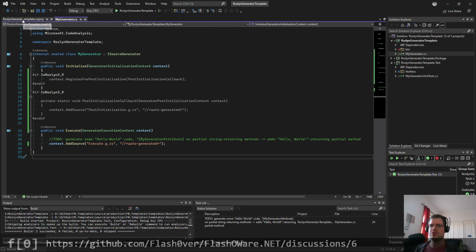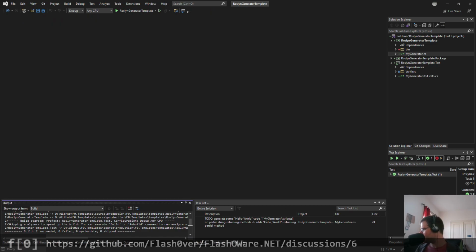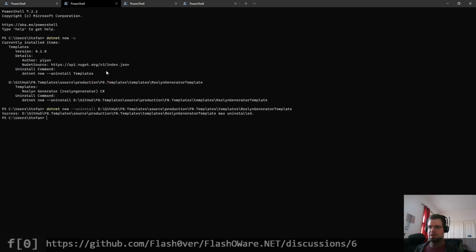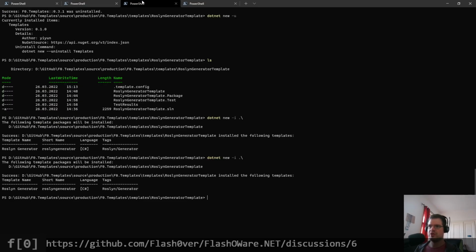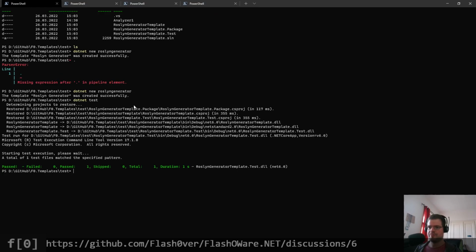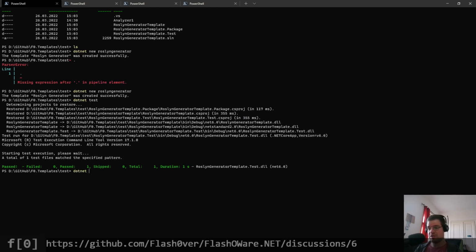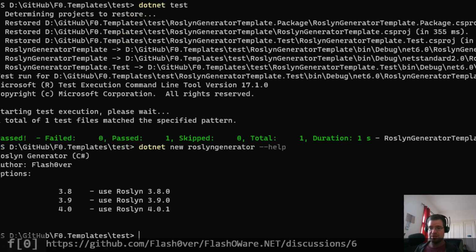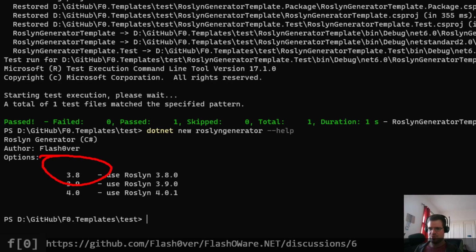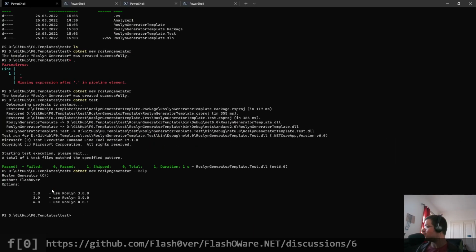Yeah, let's see how this template is now doing. Let's have a look. So let's uninstall the previous version. Let's install the new version. Now we should be able to say, let me clear the test directory. And now we should be able to say .NET new Roslyn generator --help. And we see now, okay, the title is, we still need to, something's wrong with, okay. Now we need the CLI host